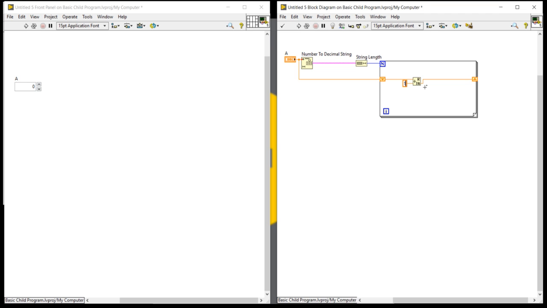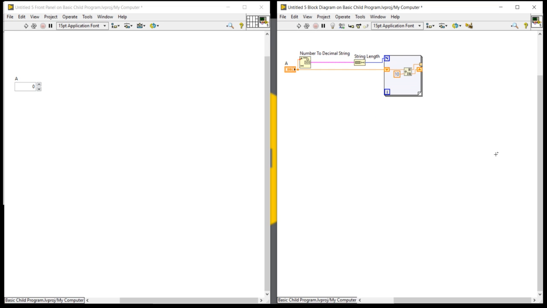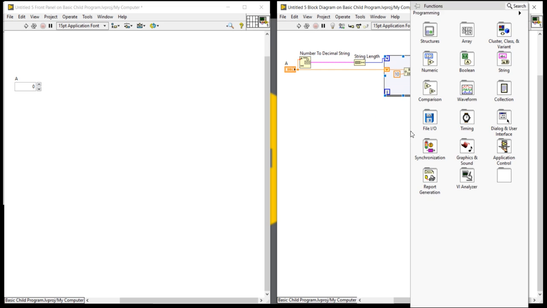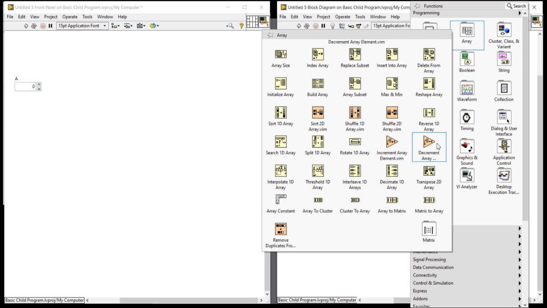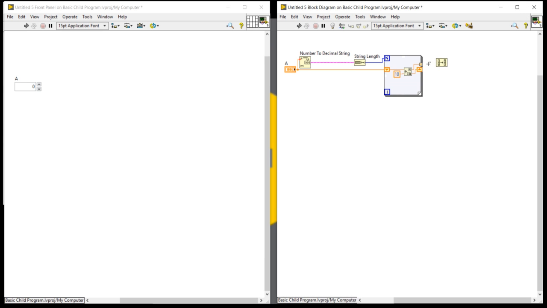I'm going to divide by 10. Then I will take reverse 1D array.